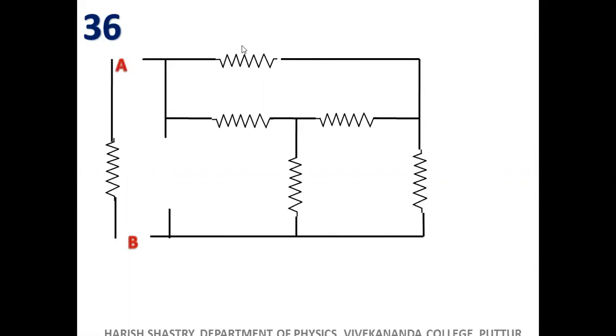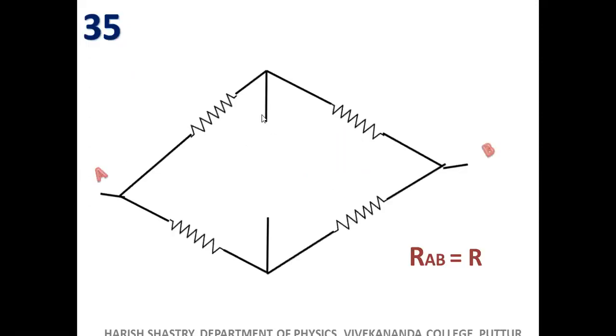Sorry, this part has to be taken a little bit above. That's all. It is not in this shape. So this is the galvanometer path. This is the left side resistance top, right side resistance top. This is right side below resistance. This is left side below resistance. Have you seen that? Finally this one, right? I call this left side above, right side above, left side below, right side below.